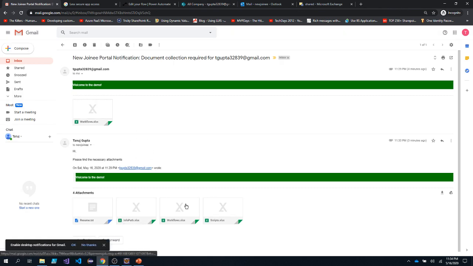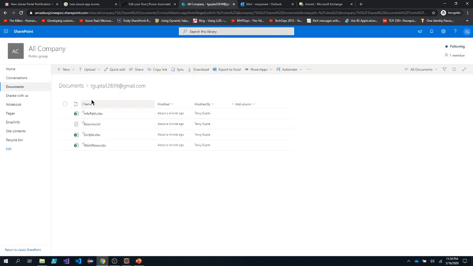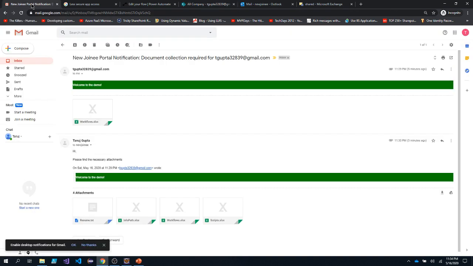You can see that there are 4 attachments, and here inside SharePoint we also have 4 attachments. Apart from storing the document, I am also tracking the content that has been sent in the email.